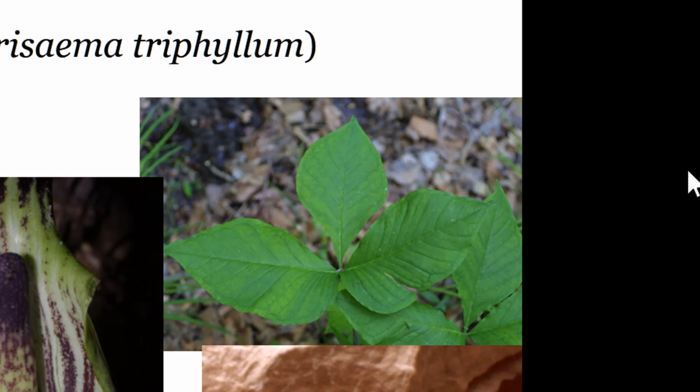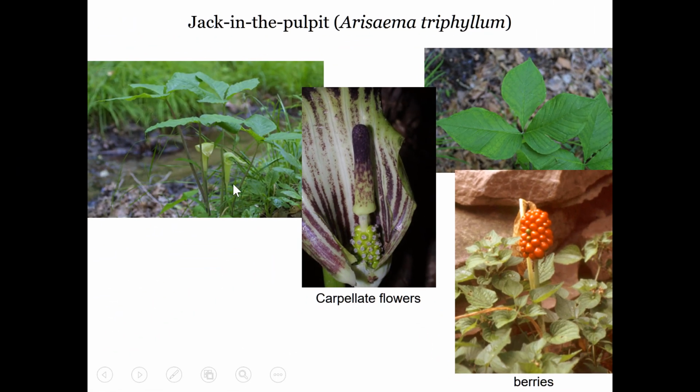So you might look at this and say, well, that can't be a monocot because it doesn't have parallel venation. Parallel venation, recall, is supposed to start from the base of the leaf and go all the way to the apex and be parallel. Well, this doesn't really have that, so here's one of those exceptions. But it does have the spadix and the spathe, and here it is shown. You've got to look underneath the leaves to be able to see it. It has both